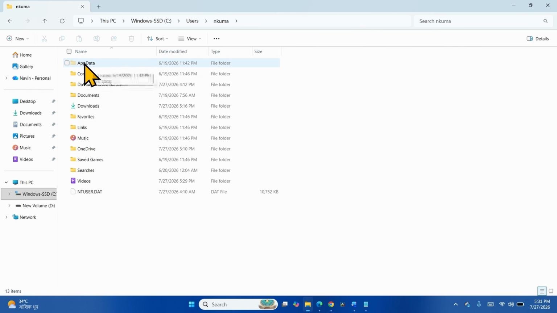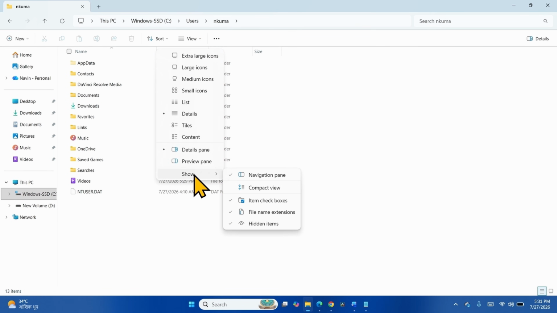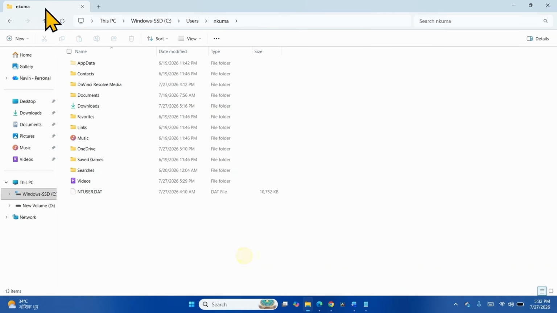Then open AppData. If AppData is not showing here, then click on View, select Show, hover over Show and check the Hidden items option. Then open the AppData folder,